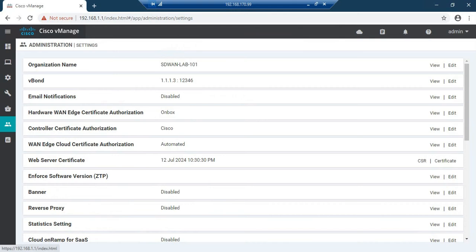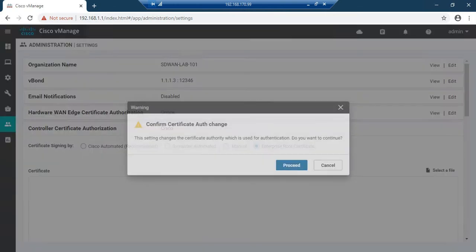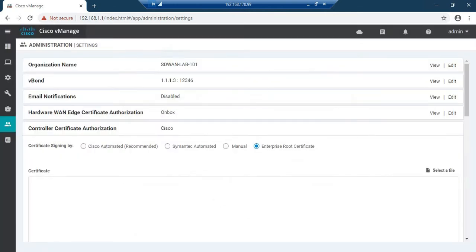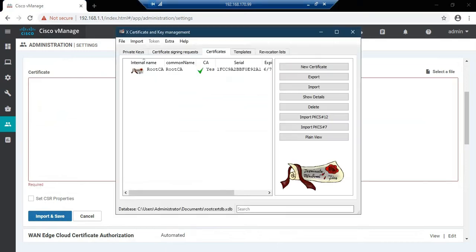Now controller certificate authentication is showing Cisco. By default it is Cisco, but in my lab environment I'm going to be using the root certificate, so enterprise root certificate. Okay, now I need to install the certificate. Here, let me copy the certificate from my certificate authority.